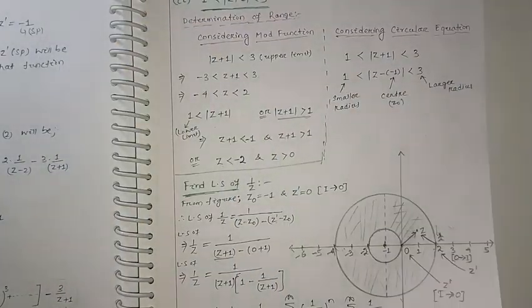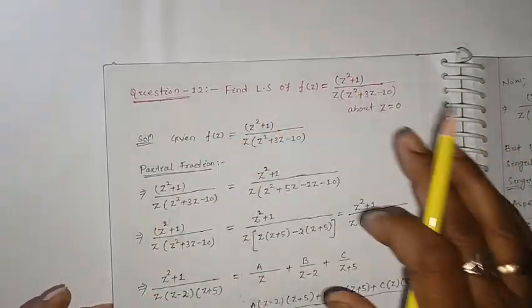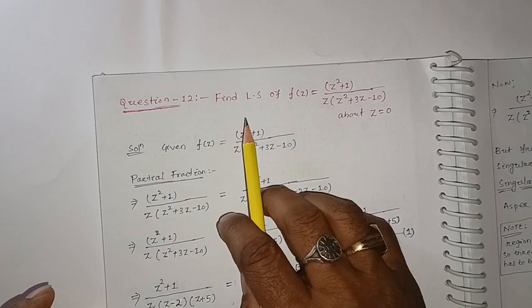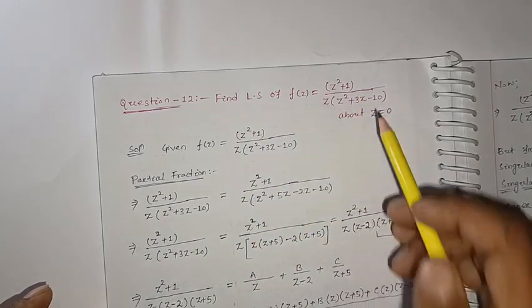Okay, now here I'm going to stop this lecture. In our next lecture we are going to discuss question number 12: the Laurent series of this function z square plus 1 by z into z square plus 3z minus 10 about z equal